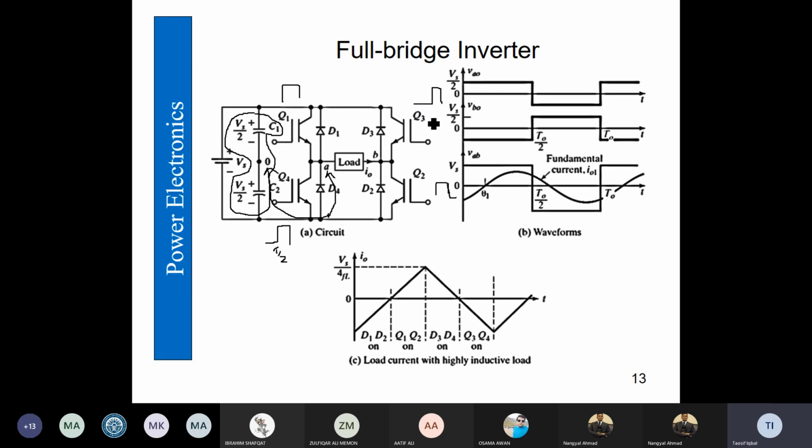And after T by 2, they are given the duty cycle. And therefore Q3 and Q4 work from there. And we get voltage across the load equal to the DC supply, because when we are closing the switch,